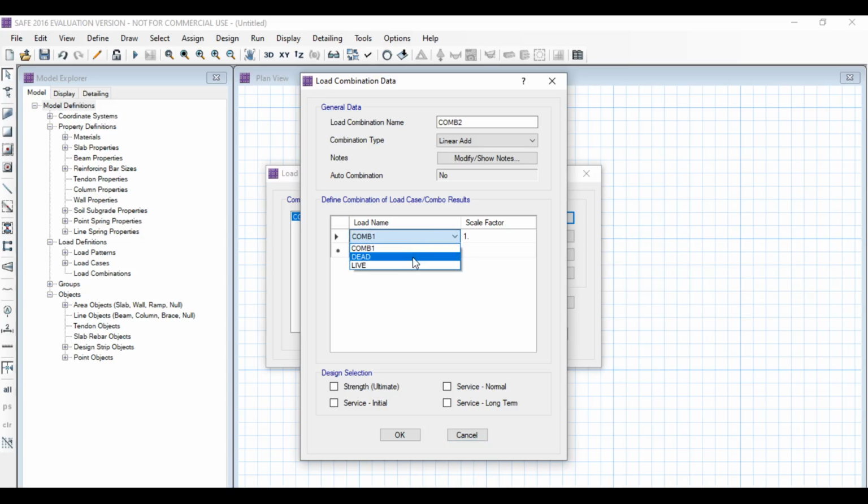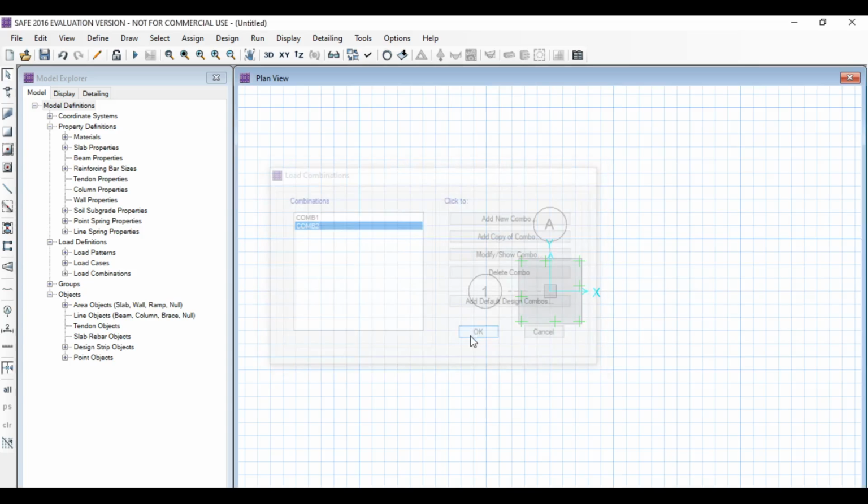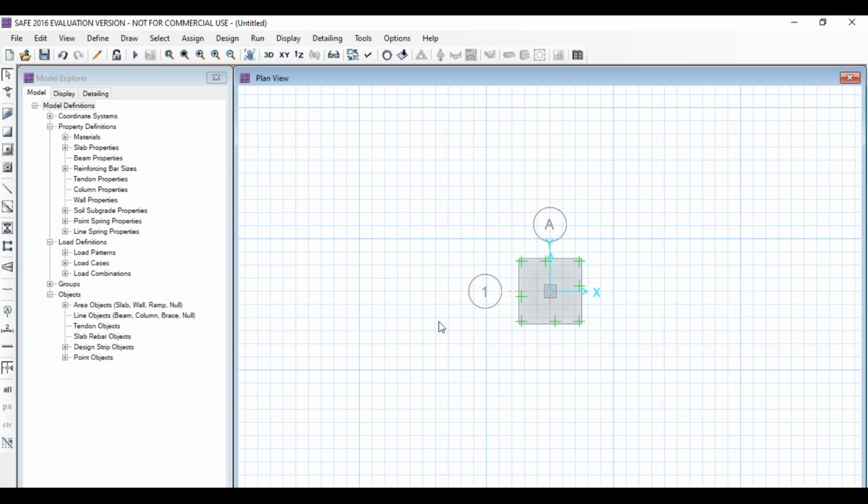Here add dead load with scale factor 1 and live load with scale factor 1. Click on service, as all the templates: service normal, service long term, service initial. Click on OK. Click on OK to exit the dialog box. Here load pattern has been set.